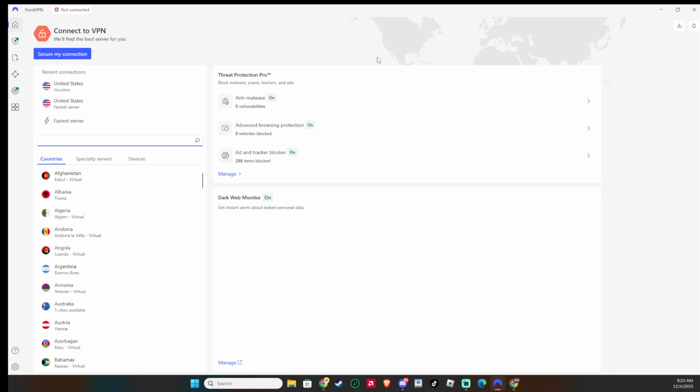Once you're signed in, you'll see the main dashboard with a map and a list of countries. Next, connect to a server. Choose a server in the country you want to appear to be browsing from. For example, if you want websites to treat you as if you're in a specific region, select that country from the list. Closer servers usually provide faster speeds, while distant ones can add a bit of lag, so balance location